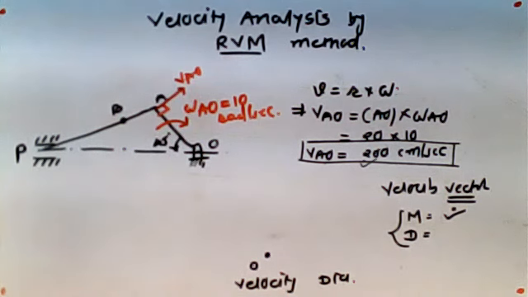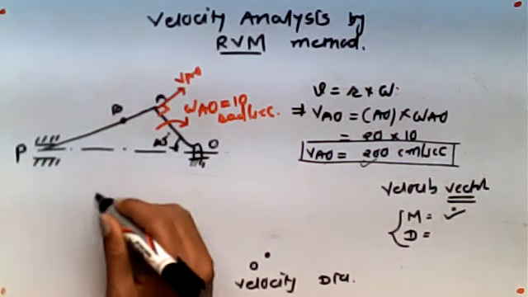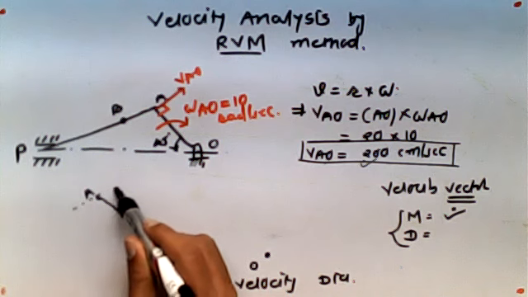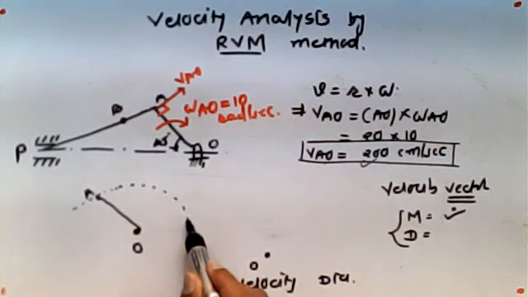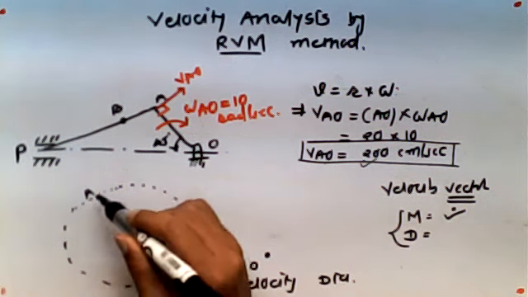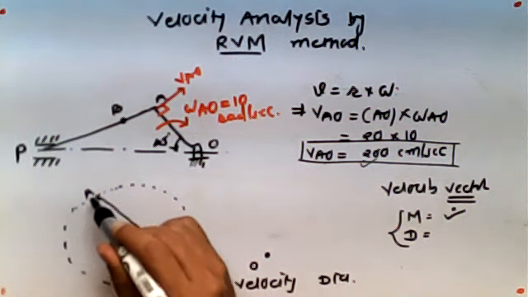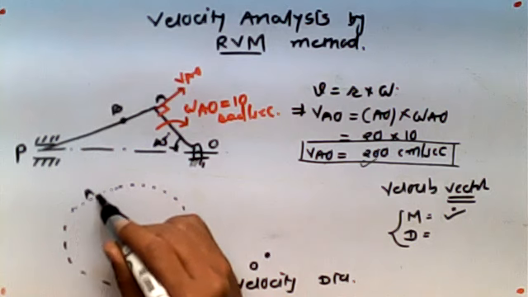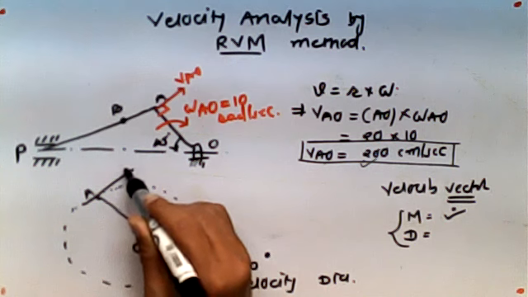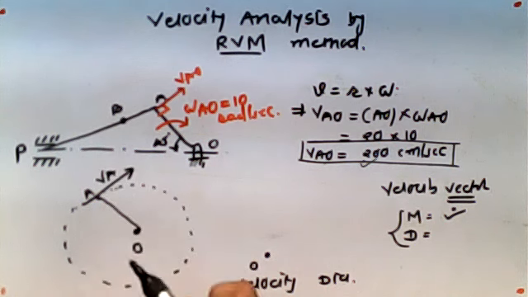Or in other terms, this is my fixed point O, this is my link, this is my point A, and this is my link. So what is happening here: the path of the point A, obviously it is rotating, so it will have this kind of circular path, it will trace this path. So the velocity vector at any instant can be drawn by making a line that is tangent to this particular circle at this point. If you make that, this will be the velocity vector at that particular point.